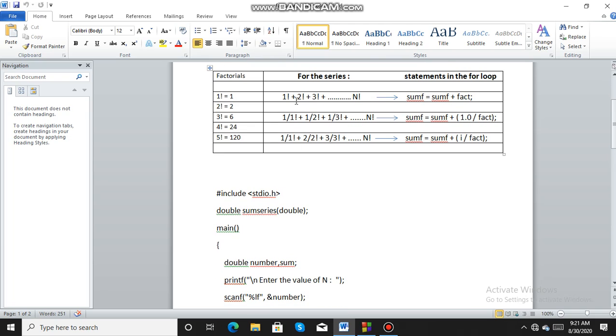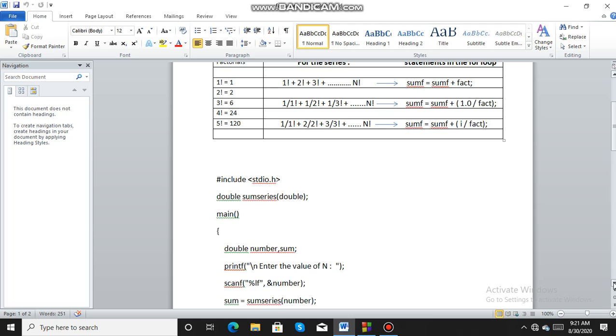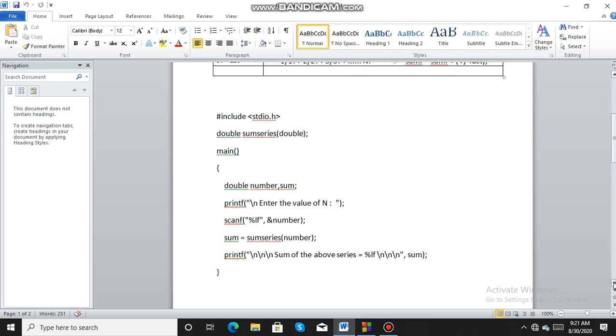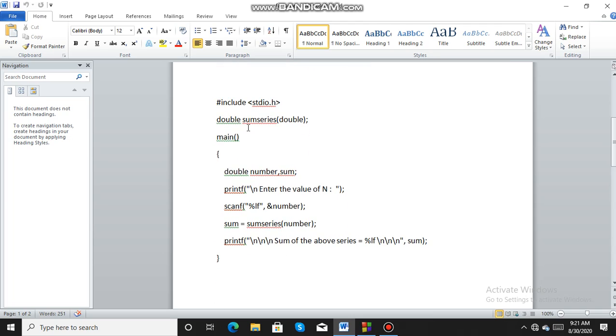So we will be focusing on the first series now. Here we are calling function sum series, sending a double as parameter, and the return value is also a double. We are using double because double will give me more precision.